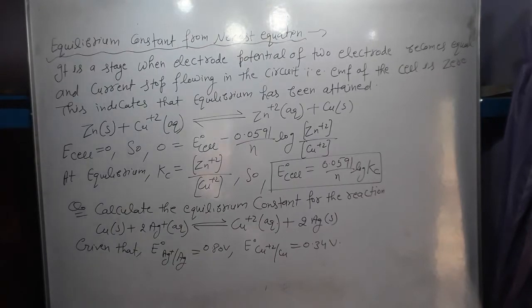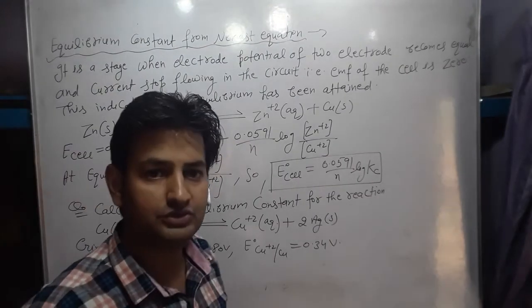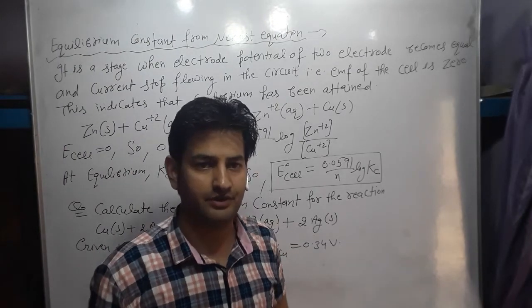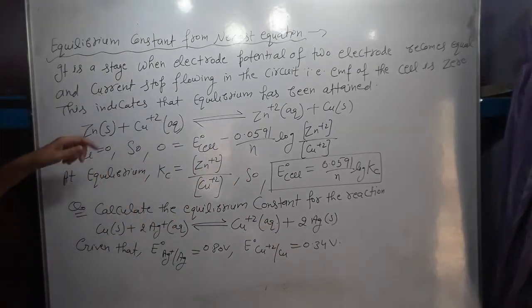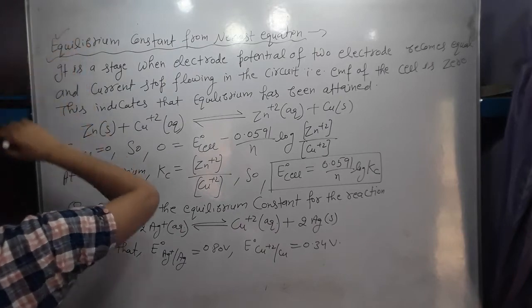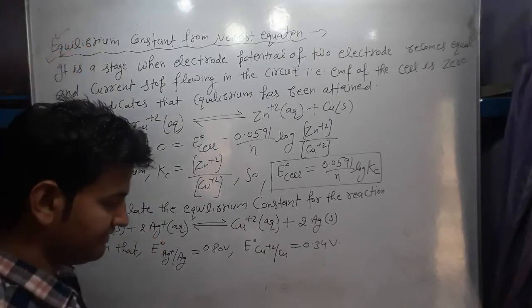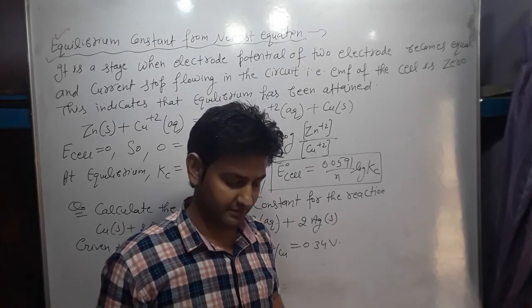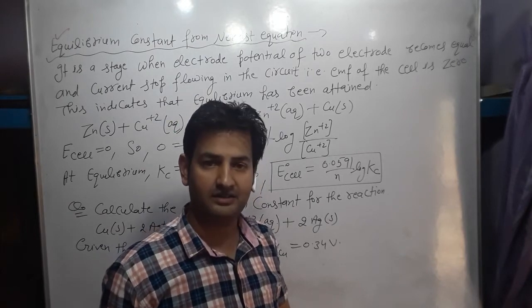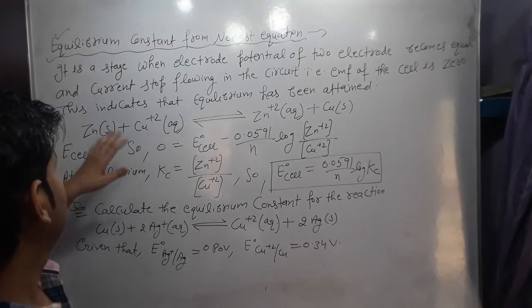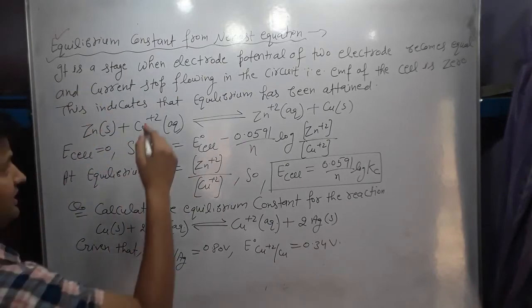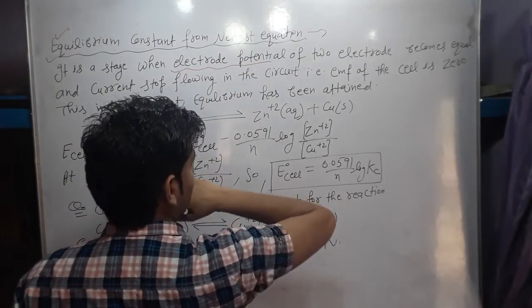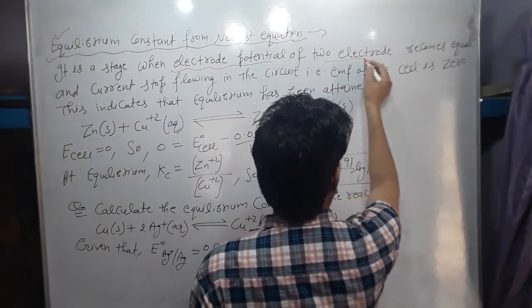Okay students, now we can calculate the equilibrium constant from the Nernst equation. How will you find the equilibrium constant? The equilibrium constant applies when the reaction is in equilibrium, meaning the rates of forward and backward reactions are the same. It is a stage in electrochemistry when the electrode potentials of the two electrodes